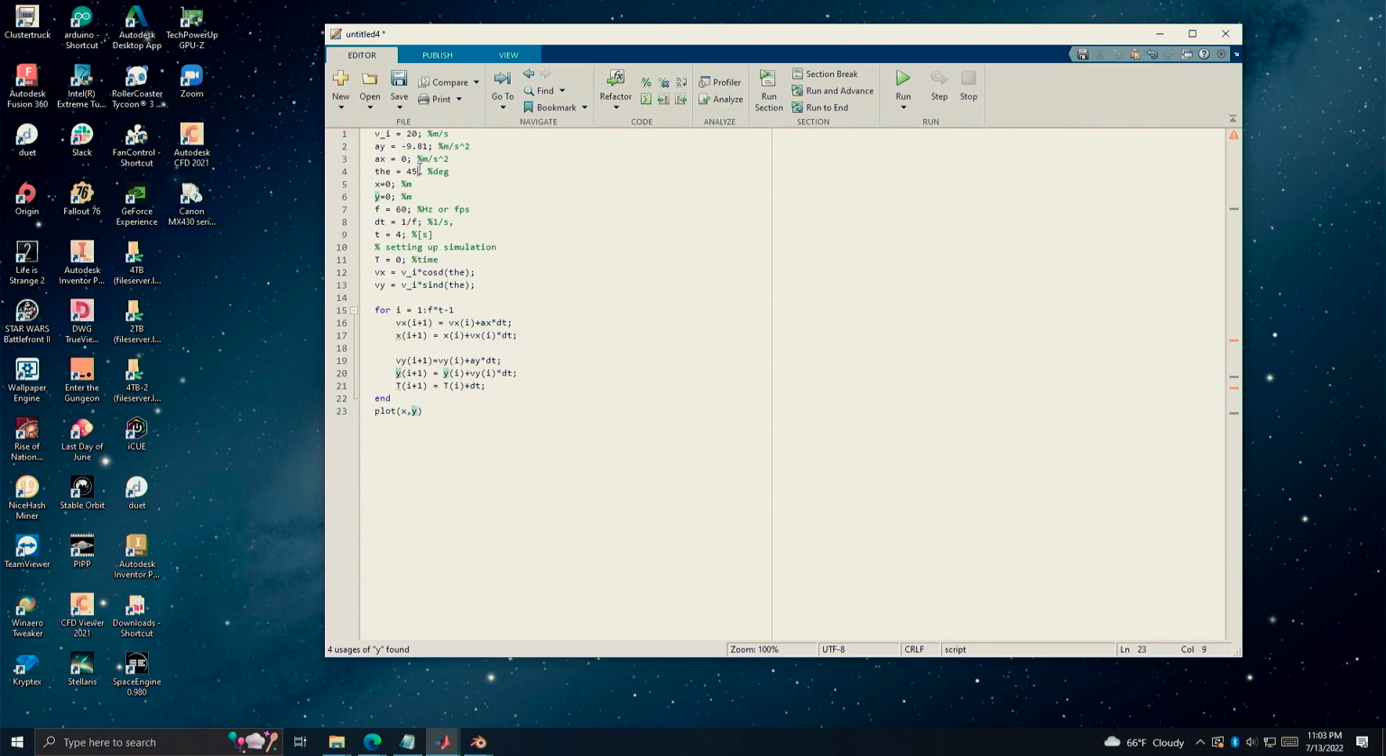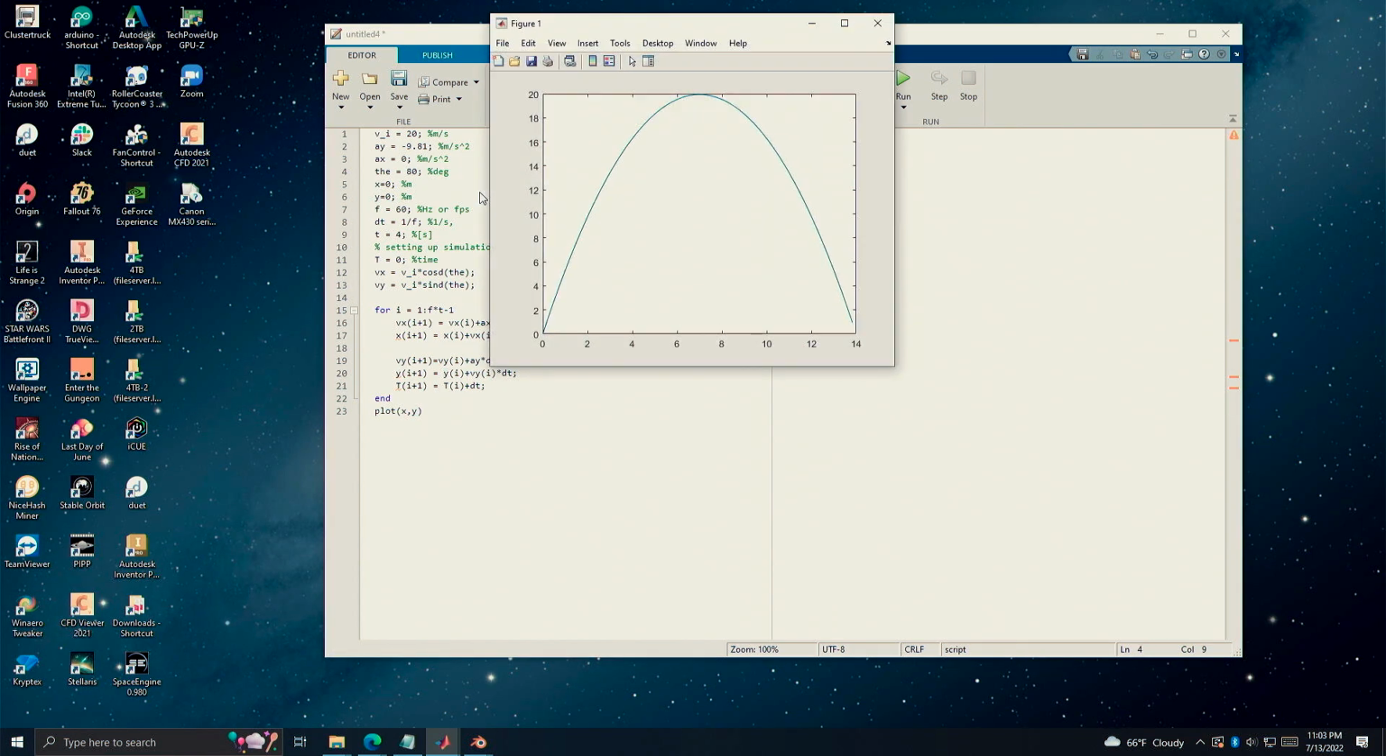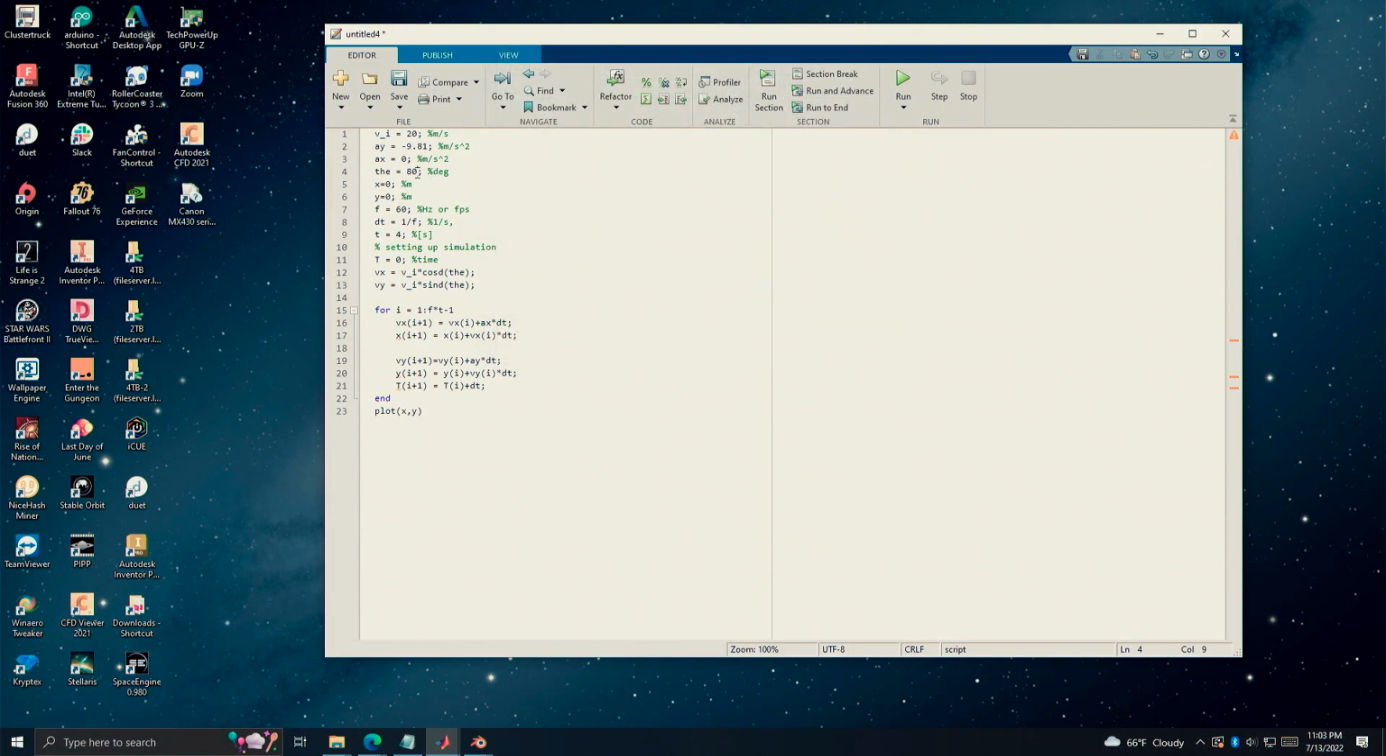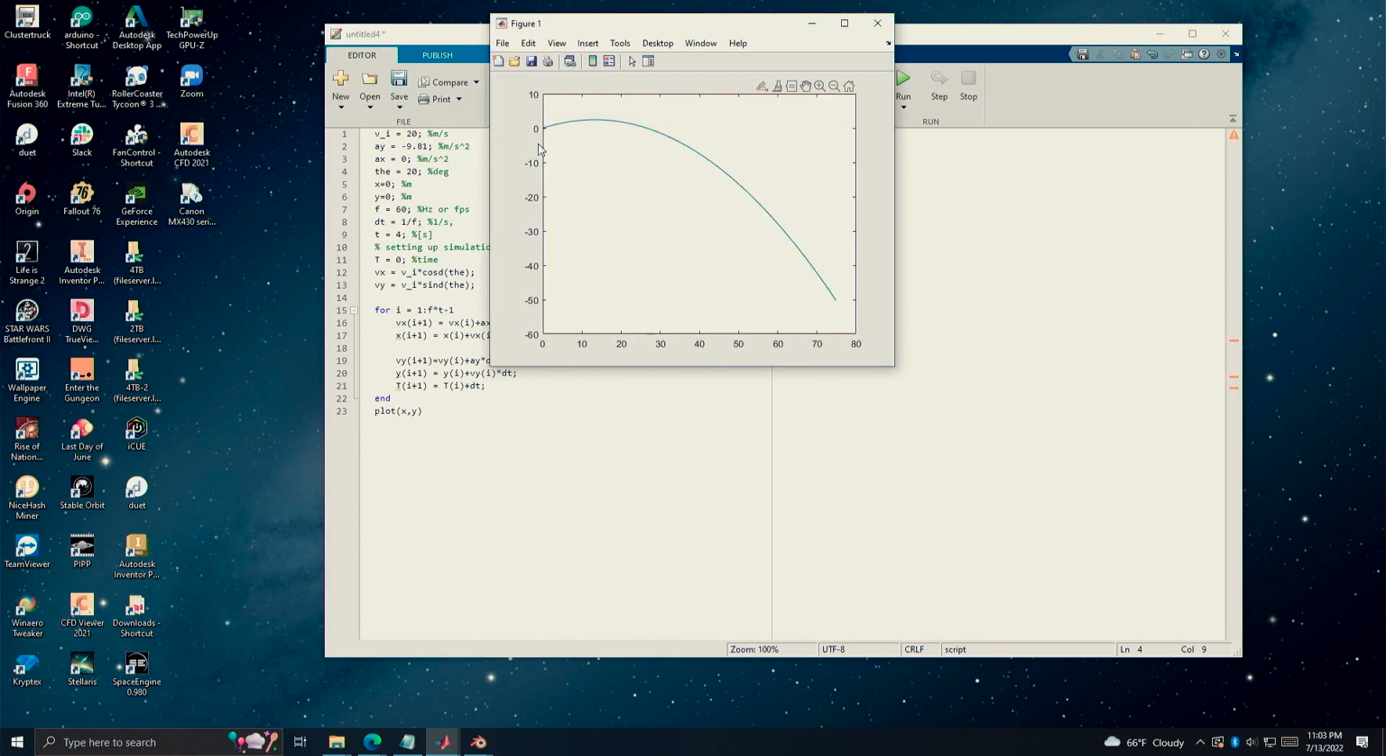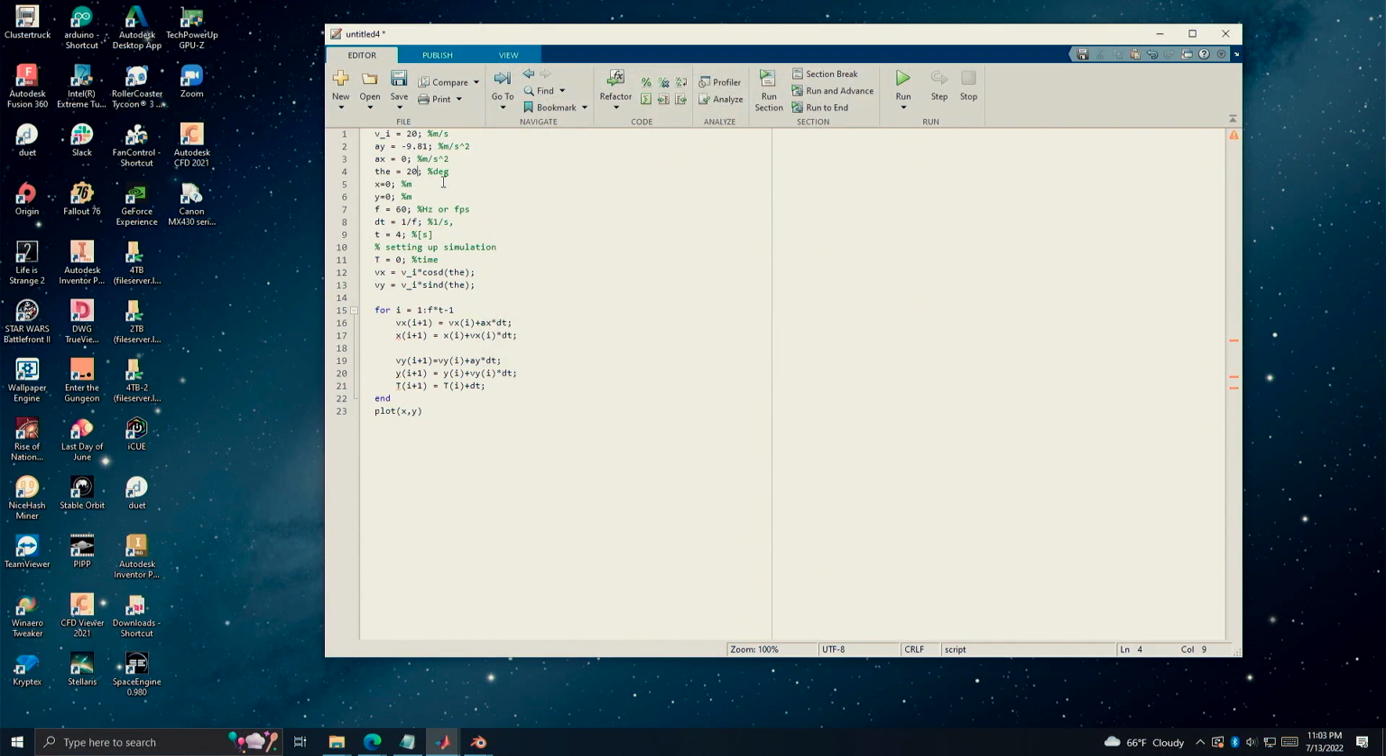Now if you want to, you can change this, say 80 degrees, and you can see it's higher. And if you change it to something like 20, you can see that it's much shorter, and it goes lower. And then if you want to, you can change your initial velocity, say 40,